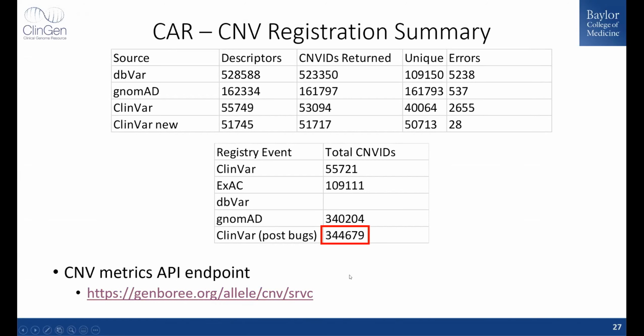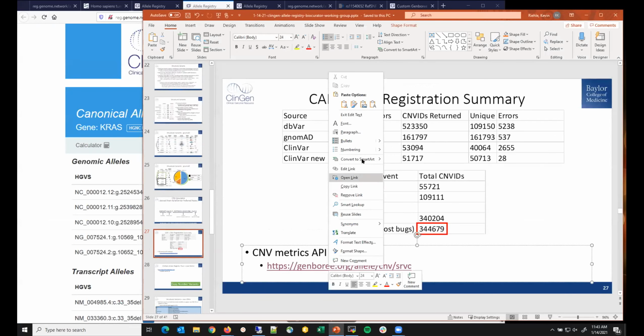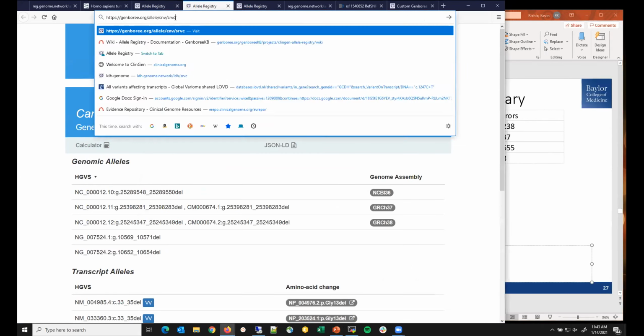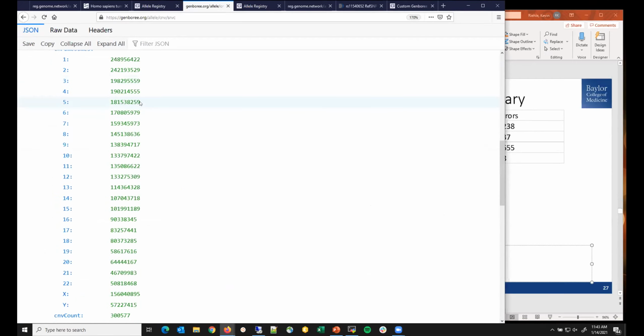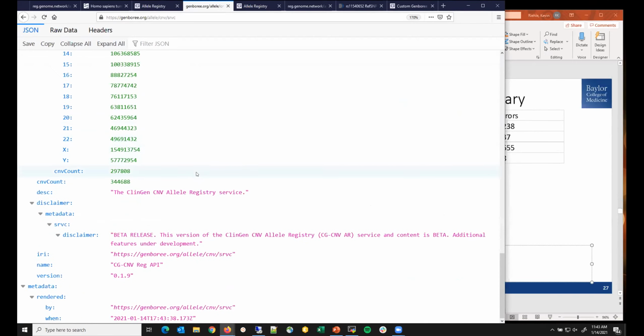Let me copy this link and see if you can sample what this looks like. So this is a JSON structured format. It shows you for the CNVs what assemblies we support, the three different assemblies, and then the counts at the very end. So right now,